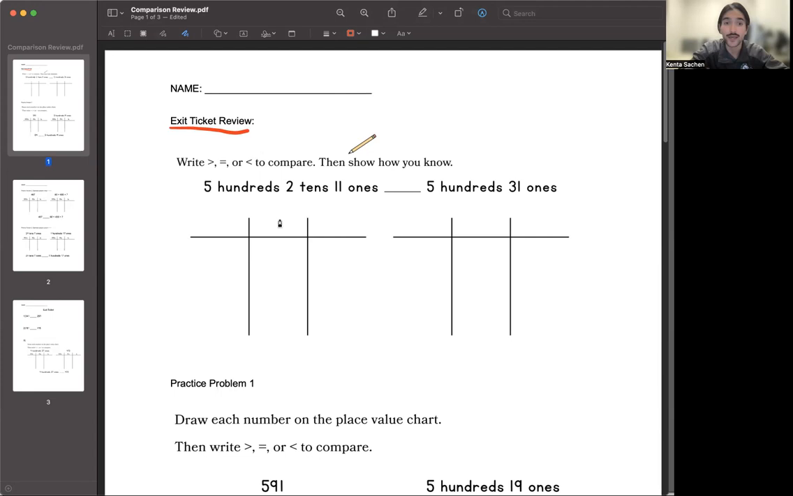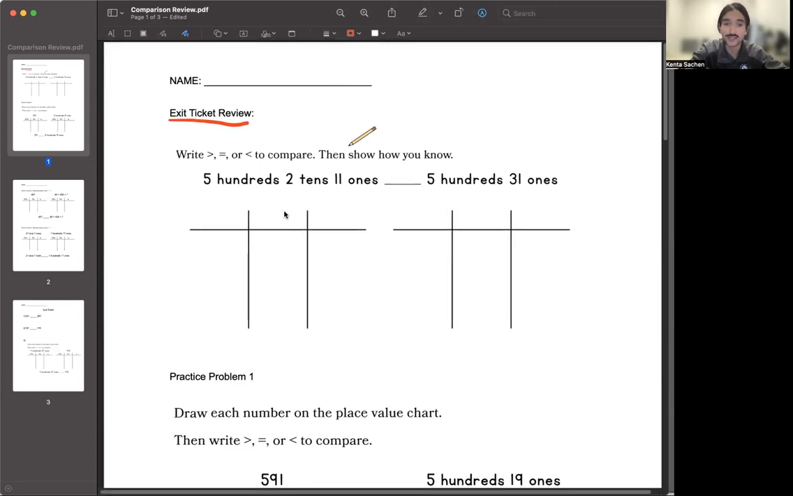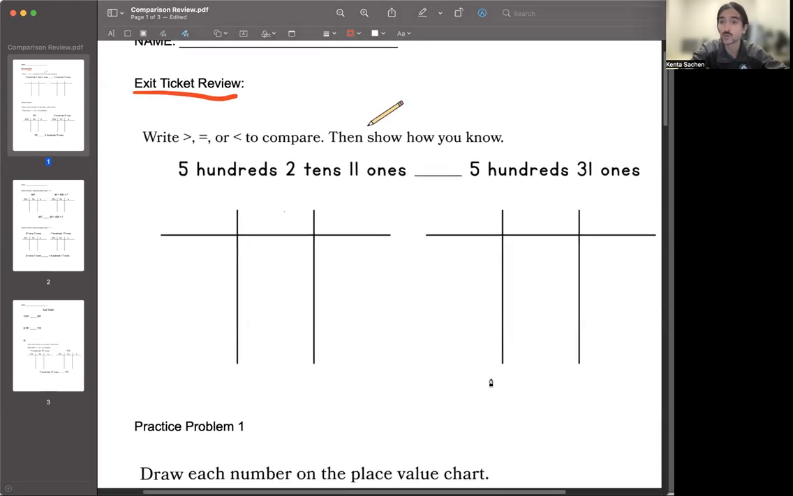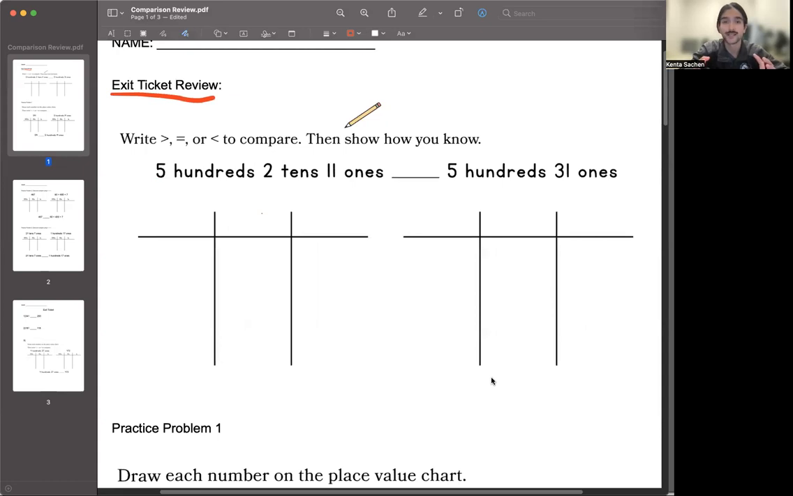Okay. And if you were at school yesterday, this problem should look really familiar because you did this problem already, right? That's why it's a review, because we're going to do it again. Okay. So we're going to compare these two numbers, right? 5 hundreds, 2 tens, 11 ones, and 5 hundreds, 31 ones. Let's just start by